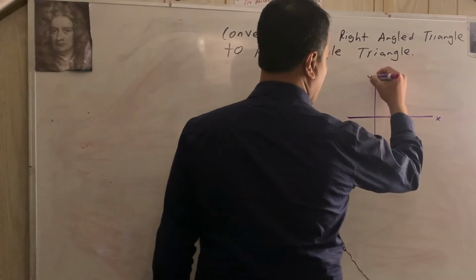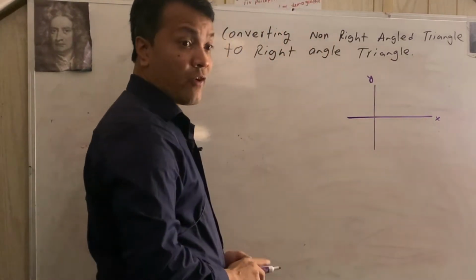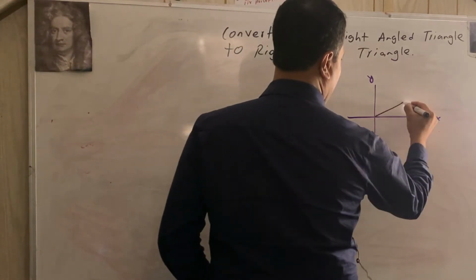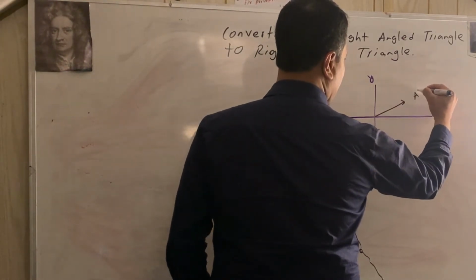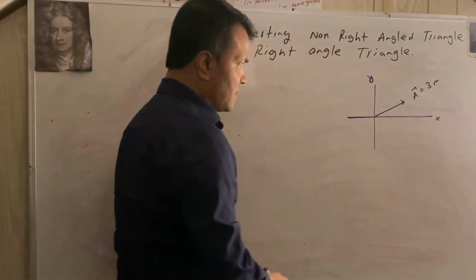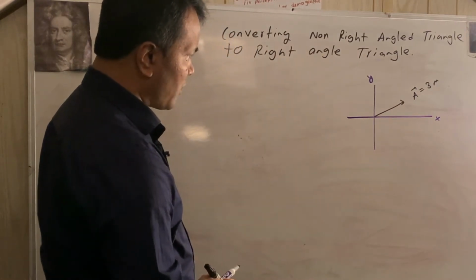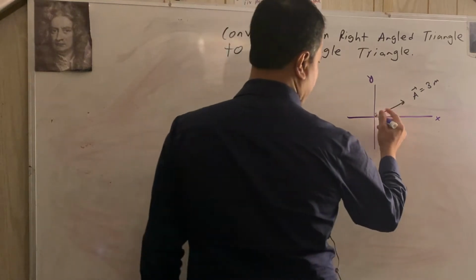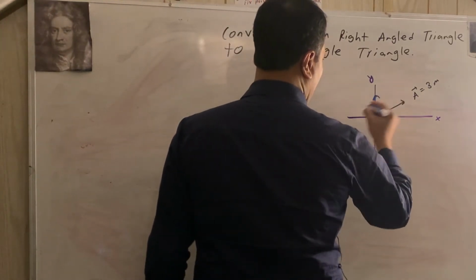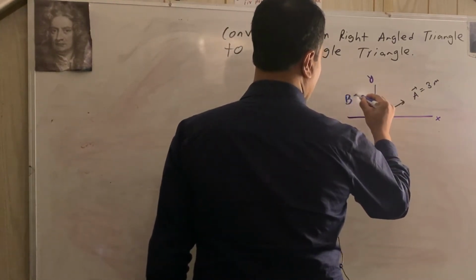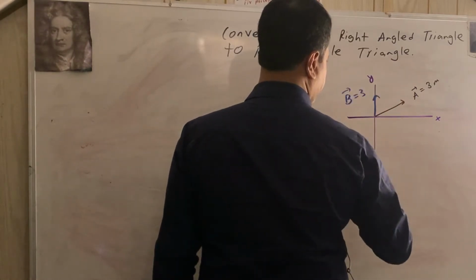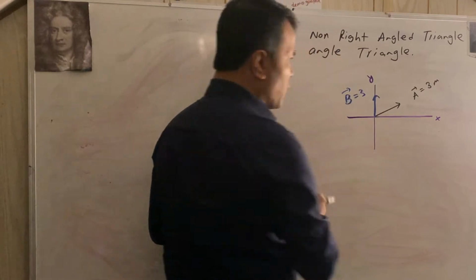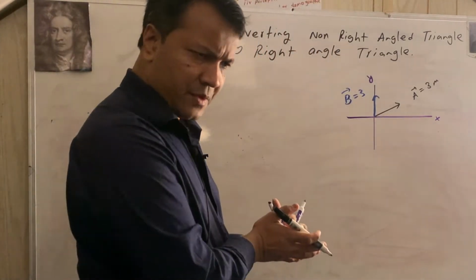I have x and y coordinates, and I'm going to draw two vectors on this coordinate. I'm going to call a vector A, and let's say the vector is 3 meters, and I'm going to give you one more vector, and let's call it vector B. Vector B is also 3 meters. Okay, so I want to solve this problem using the Pythagorean theorem, but